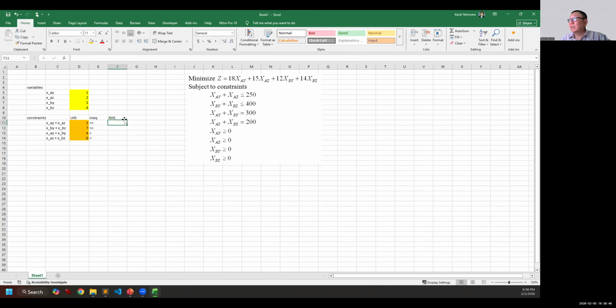And then what is this? The right hand side is 250, you just copy. And then 400, right? 300 and 200. This is the one that we just type. So the one that you just type, I will put it yellow because you type. Okay, so you need to make like this.